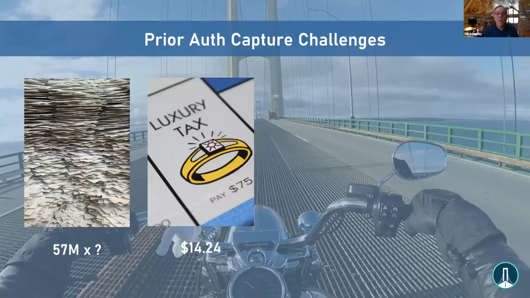They're also really expensive. Manual prior auths cost the industry about $14.24, a fairly precise number, but certainly $15 to $20 is probably a good number for most of the interactions that I've seen. Very expensive. I put up the sign for luxury tax from Monopoly, but it really is expensive and it doesn't need to be that way.